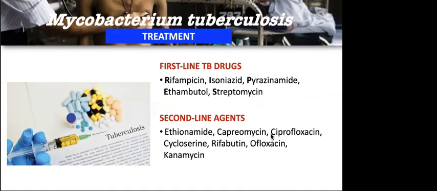But remember, they're not as strong as the first line of antimicrobial drugs. So usually the treatment is 6 months, with 4 different antibiotics first. And then when required, an additional 2 months is usually allotted for extended treatment. But this would only include a pair of antimicrobial agents or a new set of antimicrobial agents, not necessarily the first 4.